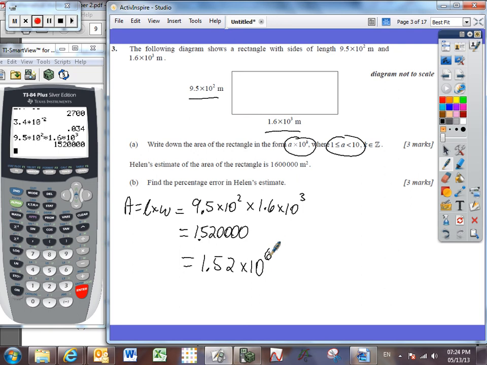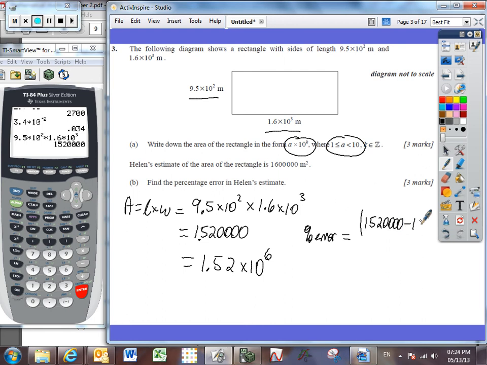Alright, Helen's estimate is 1,600,000. We need to find the percentage error. So our percentage error is going to be equal. Alright, formula package gives us as V sub E. So the exact amount, going to gosh, I always get this backwards, but thankfully the absolute value is going to save me. So I've got